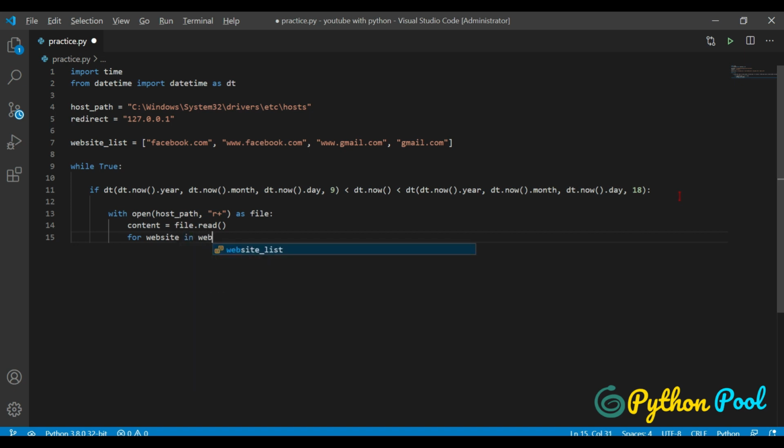For every website, we are basically iterating this website list. If we run this loop the first time, facebook.com gets stored in website, then the second time www.facebook.com, third time www.gmail.com, like this. So we are iterating this website list.